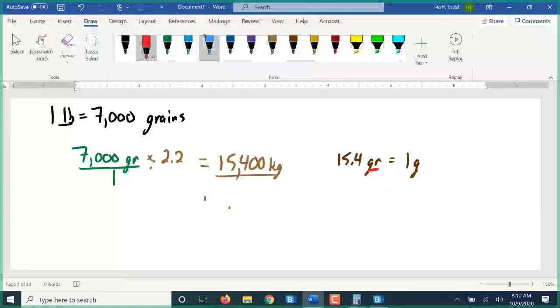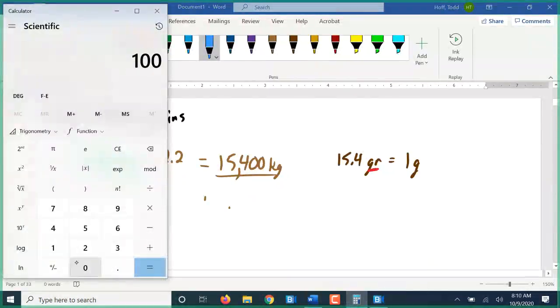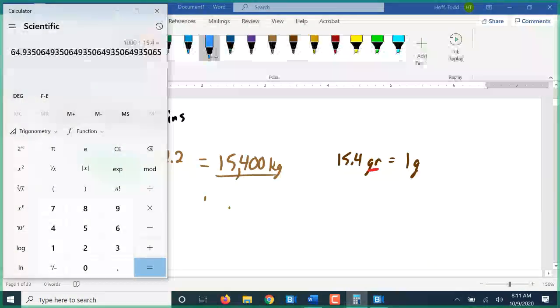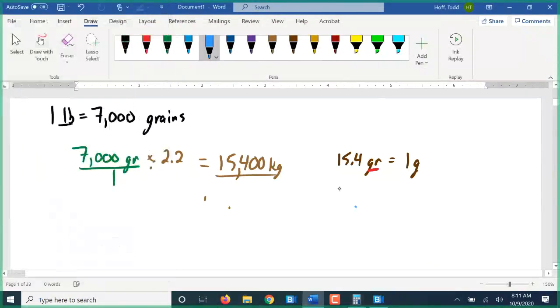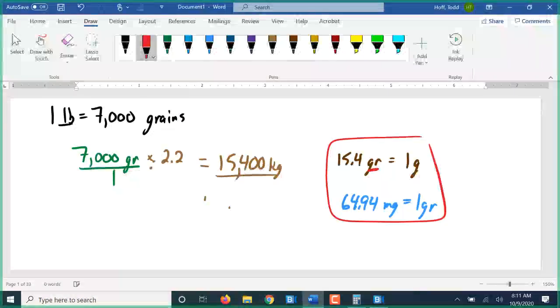If we go to our milligrams, if I divide 1,000 divided by 15.4, we get 64.94 milligrams equals 1 grain. Now, they do not like ugly conversions like that in the metric system, so what they've